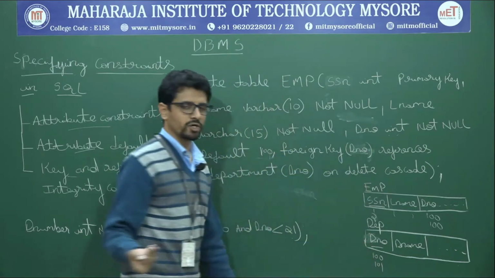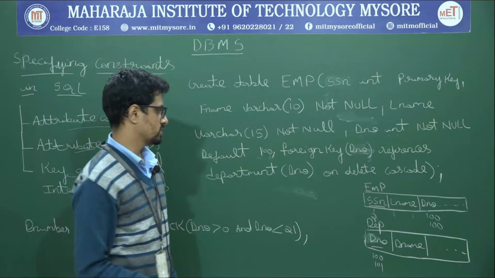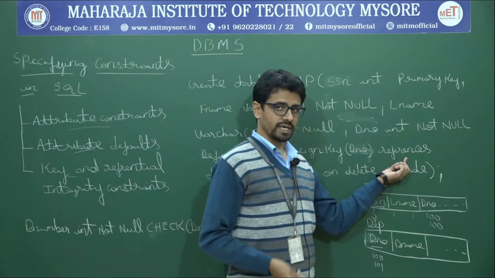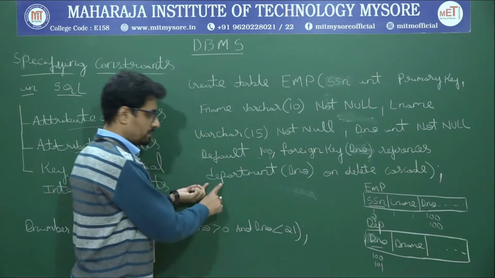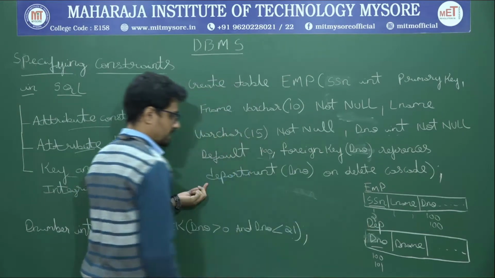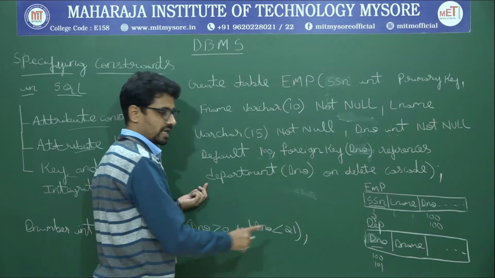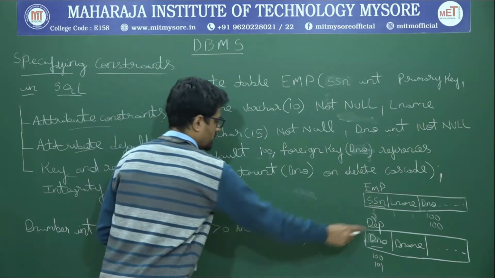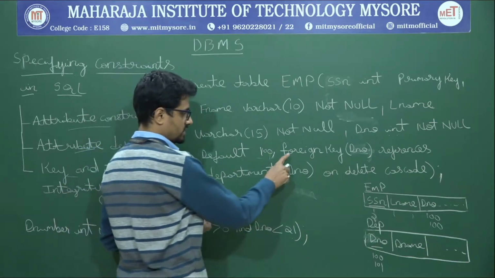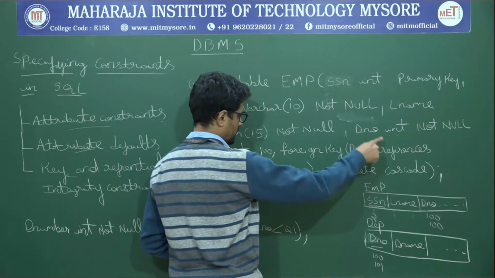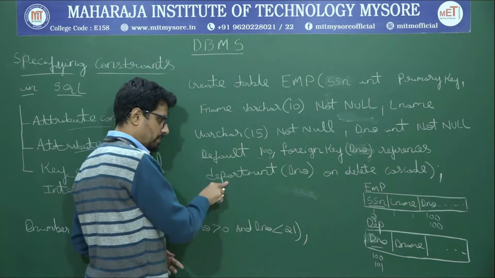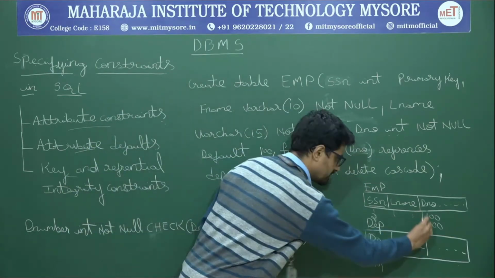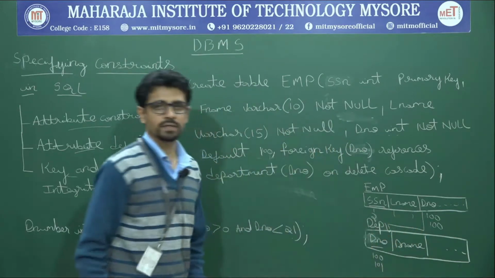What is there in the primary key? It need not be the same. We can have a different representation also. That's fine. So foreign key D number references, again a keyword, department table. Okay. So department table D number. I have just written DEP and I have written the whole department here, but it has to be here. So as it says, the foreign key in this table is department number, referring to which table? Department table, which attribute? Department number. So this is being referred by this.